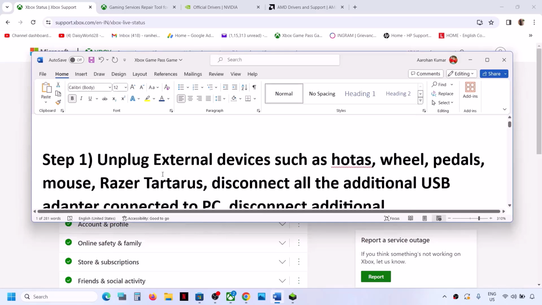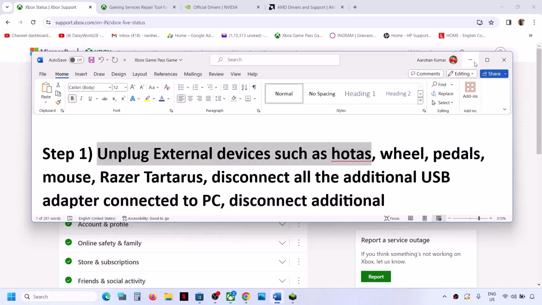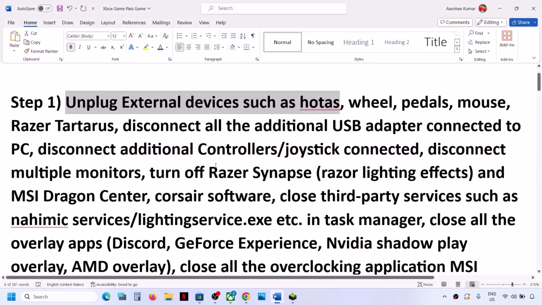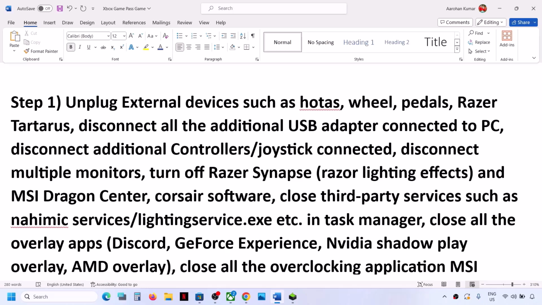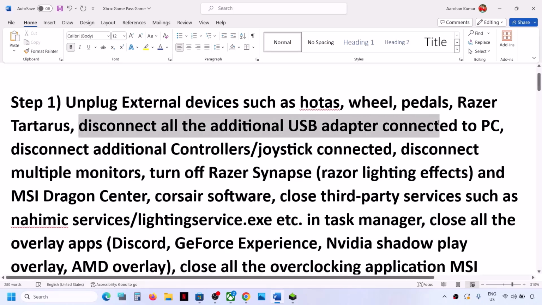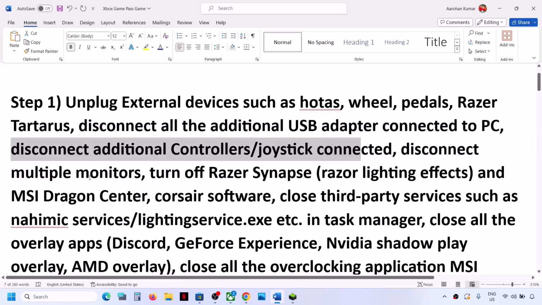Now the next step is to unplug external devices. So if you have any external devices which you're not using, disconnect all the external devices like HOTAS, wheel, pedal. So if you have anything connected, disconnect it. You can just remove mouse from here, but you can always connect your mouse once again. Now if you have any additional USB adapter connected to the computer, sometimes you have dongle connected to the computer, you can disconnect it. Also, if you have any additional controller connected to the computer, you can disconnect the controller. Sometimes we have 2-3 controller connected to the computer, so disconnect additional controller connected to the computer